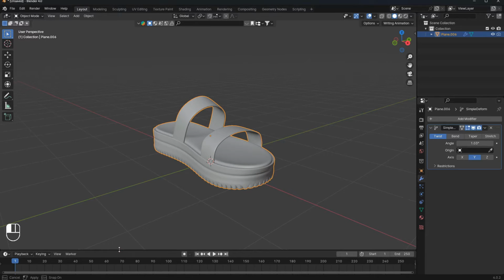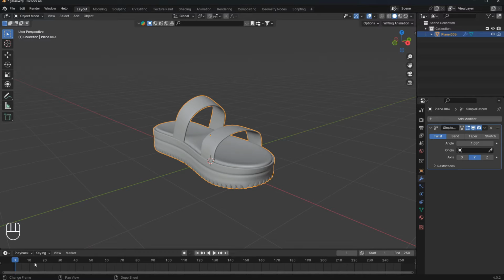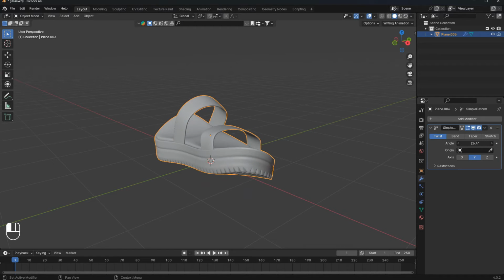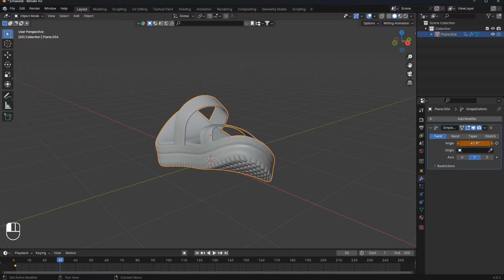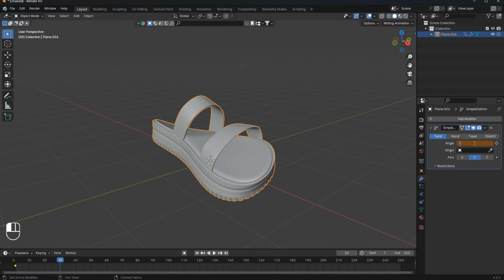I'm going to bring up this tab, go to frame 1, and change the angle to 0 or maybe 25. I'm going to add a keyframe. I'm going to go to frame 100 or maybe 30. I'm going to change the angle to minus 25 and add a keyframe, and then on frame 50 I'm going to duplicate this